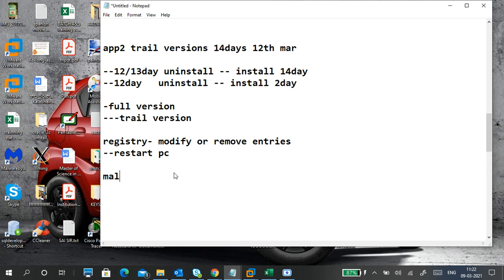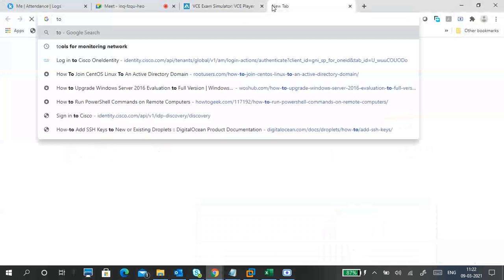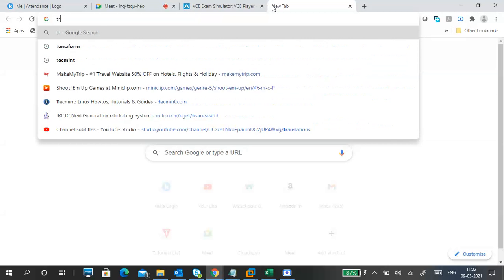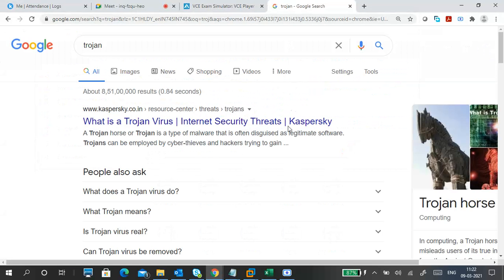Malwares, spyware, trojan. This is trojan horse.